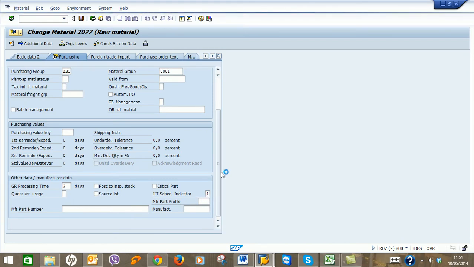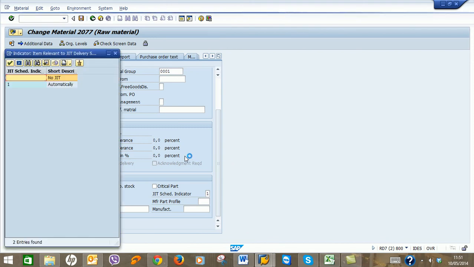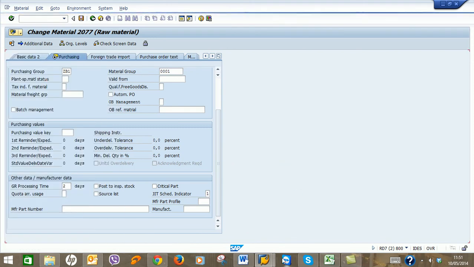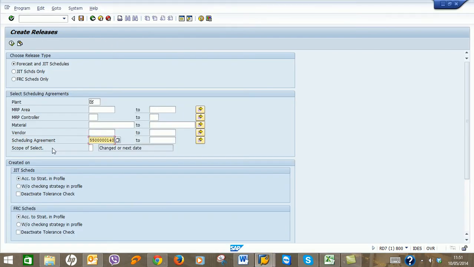1 means automatically, so this is a prerequisite to create the scheduling agreement release for just in time. The other one is okay. If you go to the plant BM01, that's the scheduling agreement which you created in the last step. If you execute this,